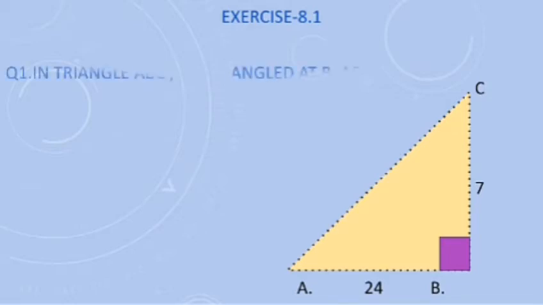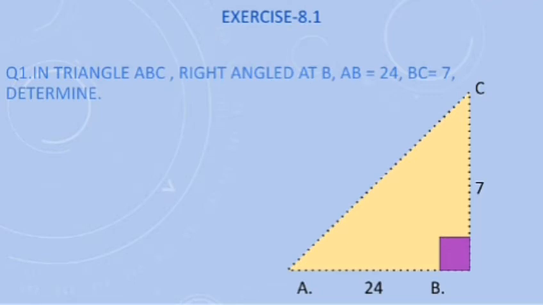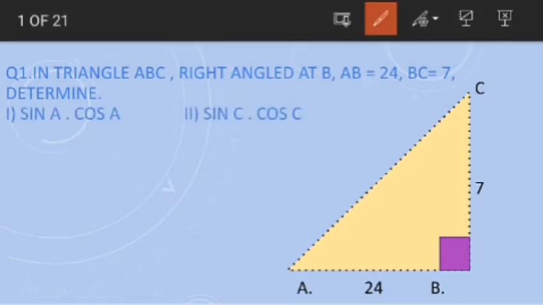So first of all students, the first question that we are going to complete is question 1 of exercise 8.1, NCERT textbook class 10th, that is: in triangle ABC, which is right angled at B. The first thing you need to remember here, class, is that the triangle is right angled at B. Whatever triangle you construct, the main thing to focus on is that it is right angled at angle B. So the naming goes like A, B, C in the figure, as you can see.